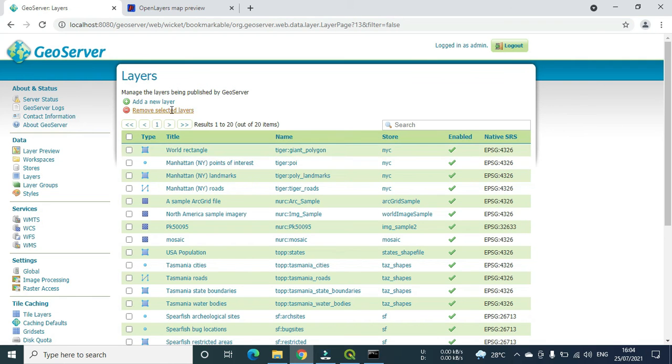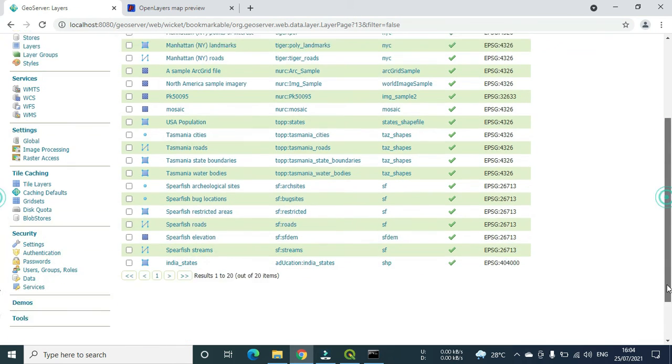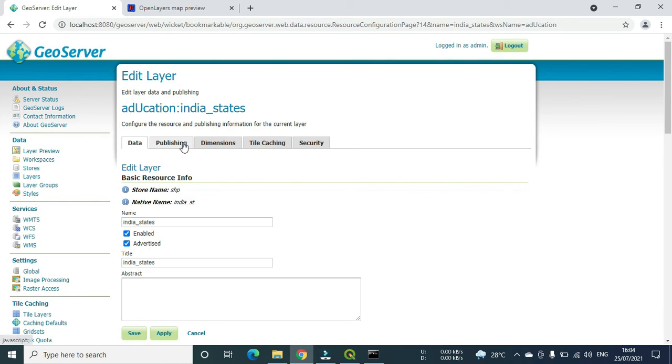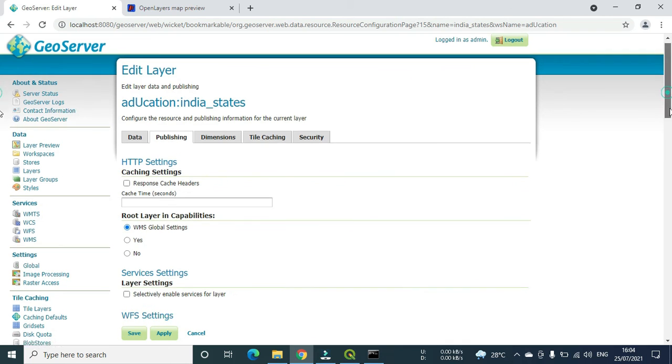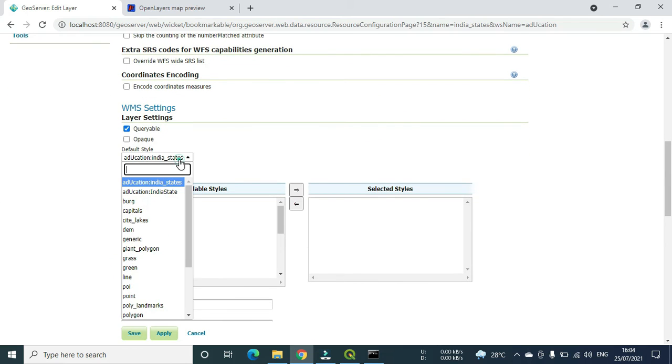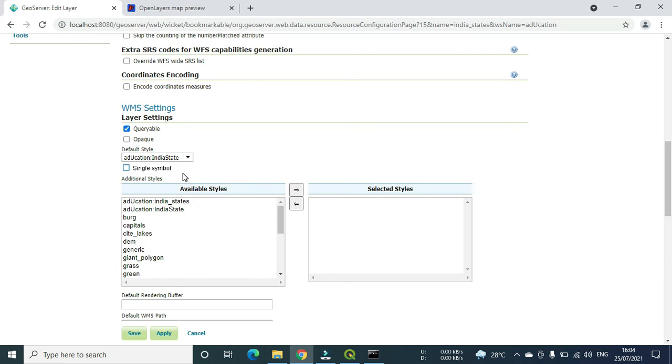So I'll click on layer, and I have to locate the layer to which I want to apply. Clicking on the layer and then clicking publishing tab. So here it was using a previously created style. Now I will assign it the new style which we have created. So I'll select this file. Remember, this is a reference to a QGIS SLD which we have created. So I have assigned that, and I will say save. So a layer has been assigned now a new symbology.